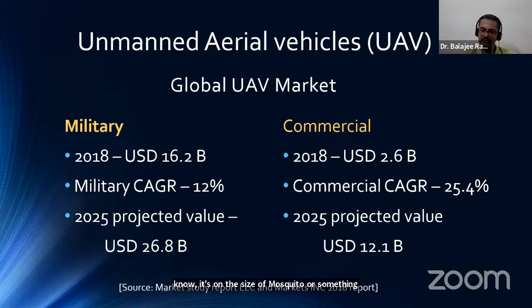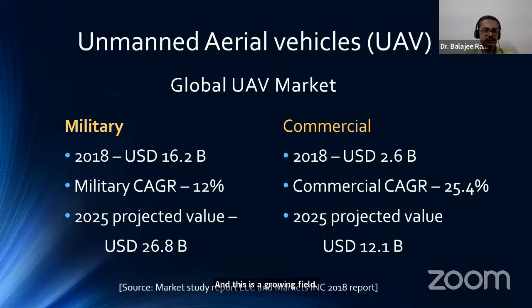Some may weigh even milligrams. Some are talking about even dust-size aerial vehicles for spying. All the way up to a fighter aircraft, which is unmanned. It's called remotely piloted aircraft, RPA. So between these, you have various categories of sizes in unmanned air vehicles, various weights. The advantage of unmanned air vehicles is you don't put a human at risk. So they are very suitable for such roles. And this is a growing field.